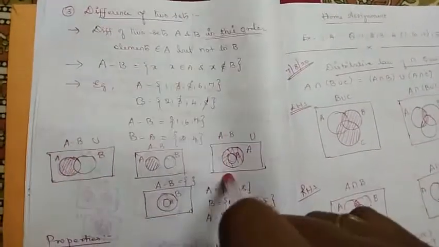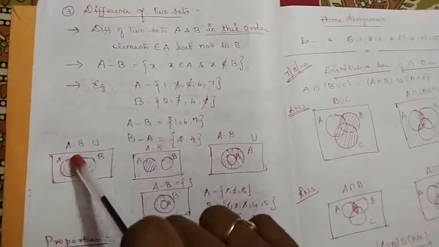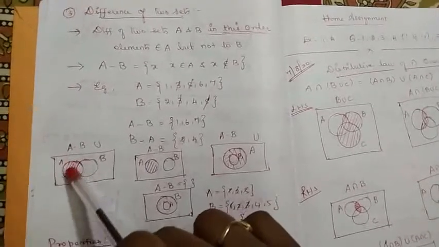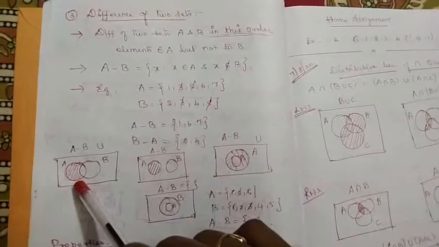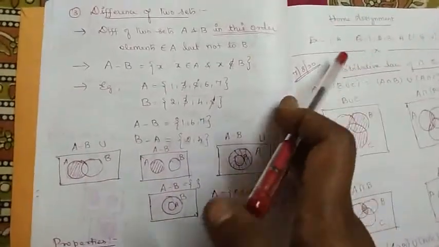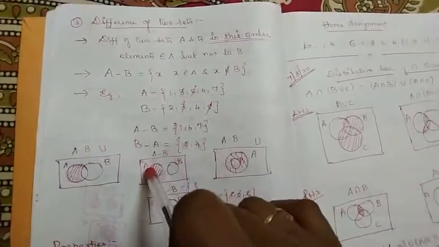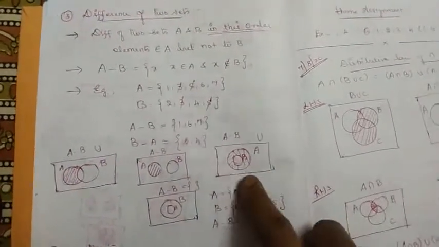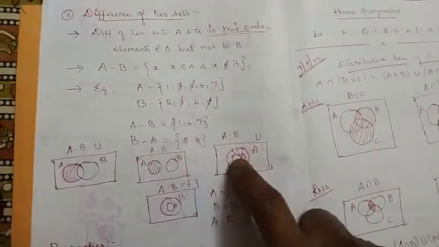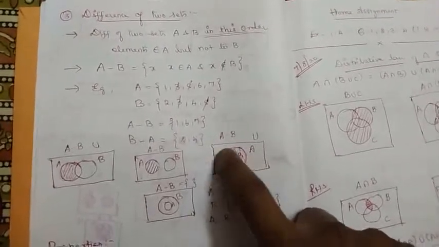Okay. In a Venn diagram, how will you express A minus B? First you have to find the intersection part. The intersection part is this common region. You have to leave it and shade the remaining portion of set A. Okay, if they are disjoint, then they do not have any intersection. Therefore, you have to shade the remaining portion of A, which is the complete A. Got it? If B is a subset of A, then what is the intersection between A and B? This B fully. Therefore, the remaining portion of A is the outer region.